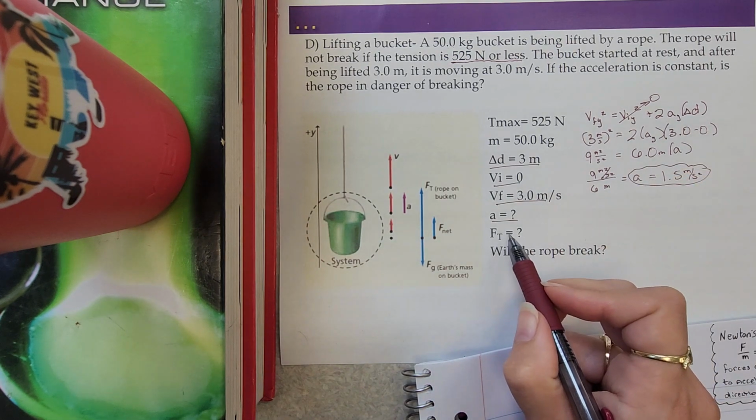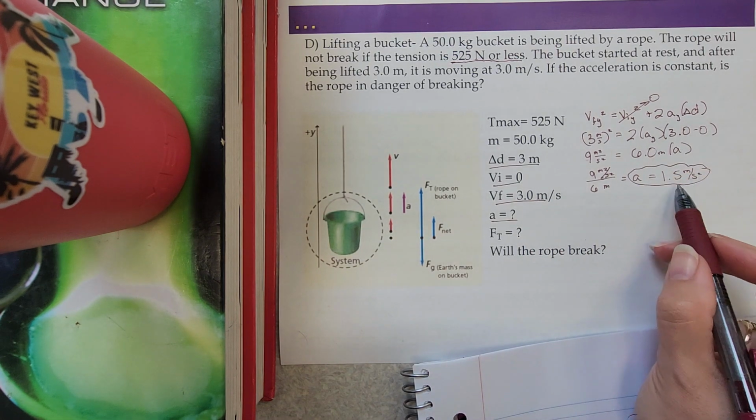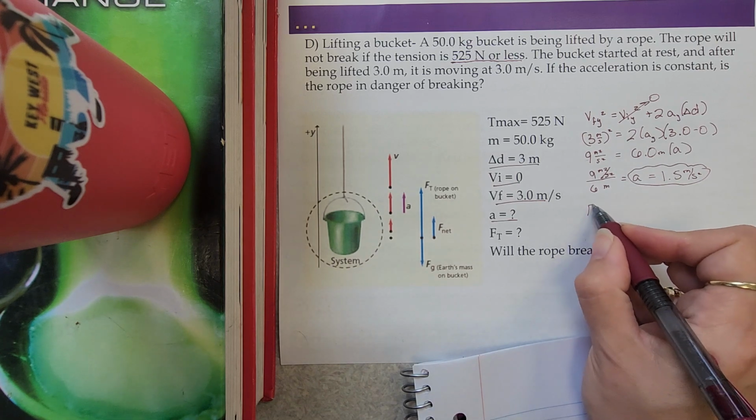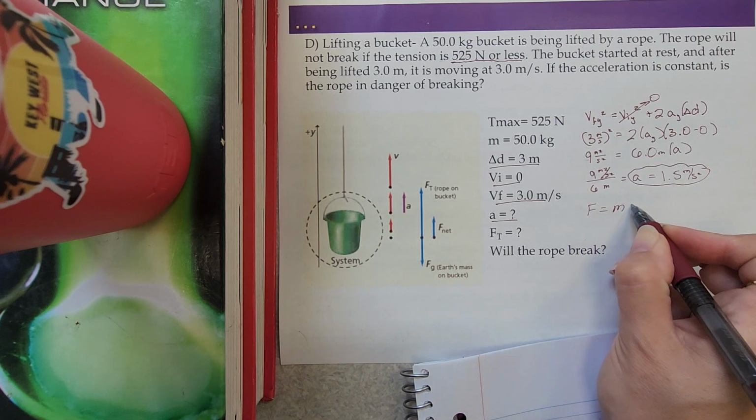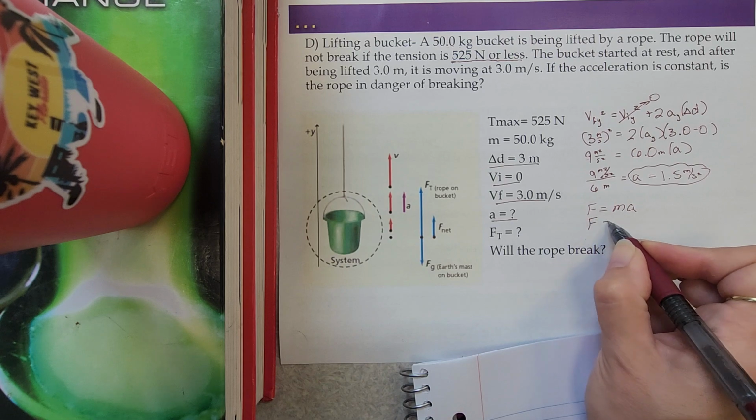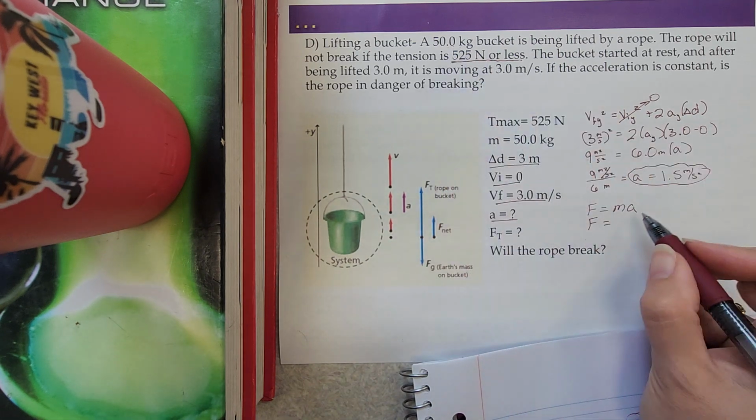Now we can find the force of tension when it accelerates at 1.5 meters per second squared. The force equals mass times acceleration. The force is going to equal the bucket's mass, which is 50 kilograms,